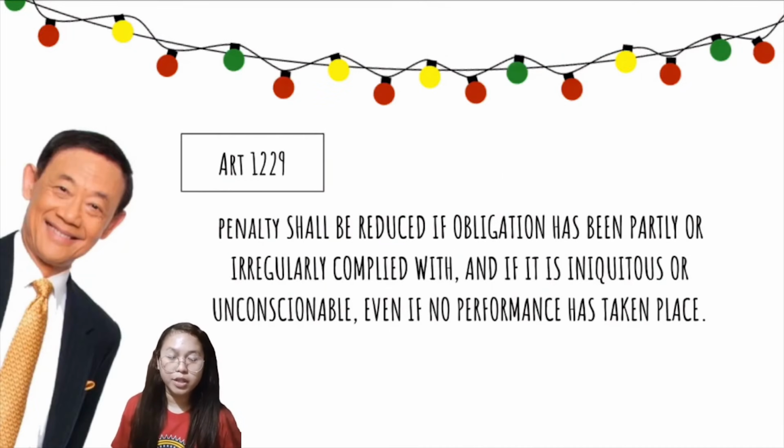So the second point of the article states that even if there's no performance of the obligation, the penalty may also be reduced by the courts if it is iniquitous or unconscionable. In simple terms, if the obligation is unreasonably excessive or grossly unfair, then the penalty may also be reduced